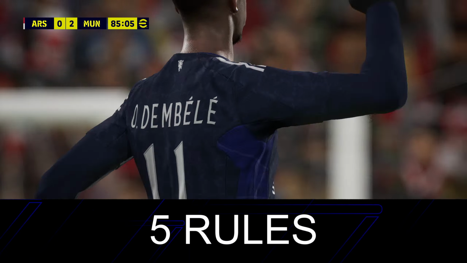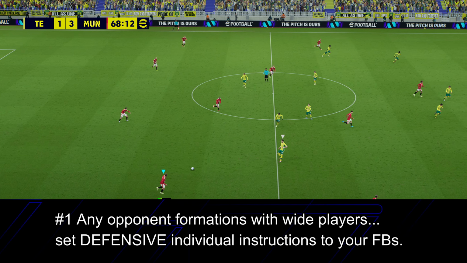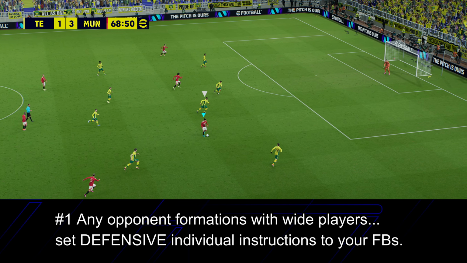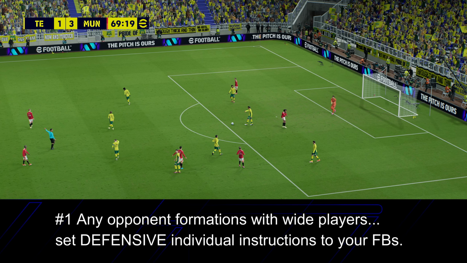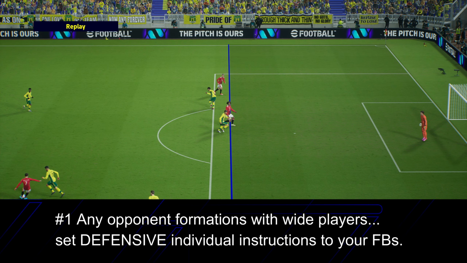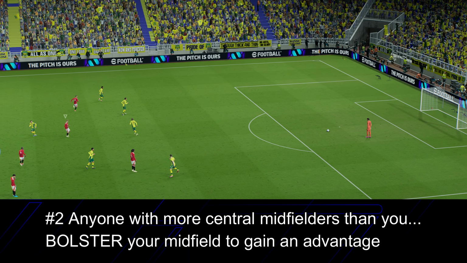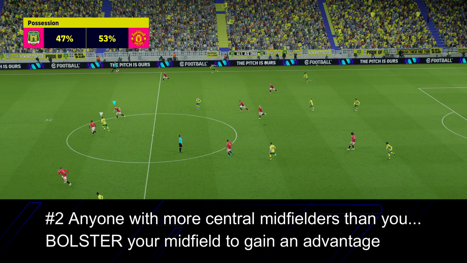There are 5 rules you must follow whilst using these tactics. Rule number 1, any opponent formations with wide players, then you must set defensive individual instructions to your fullbacks. However, it's not necessarily needed if you have defensive playstyle fullbacks, but if you do have spare individual instructions, then I'd set it anyway. Rule number 2, anyone with more central midfielders than you, make sure you bolster that midfield